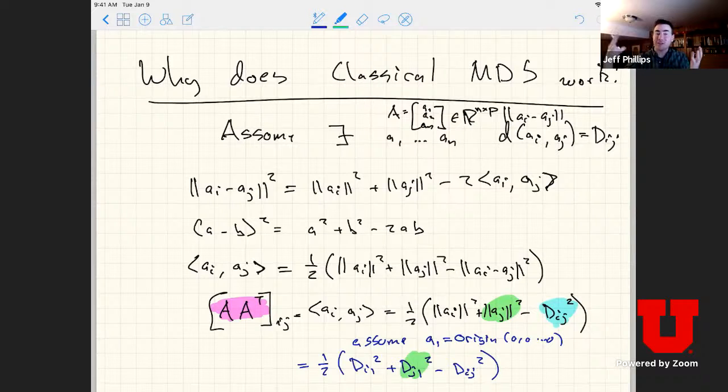So I have the squared distance of the first data point. I can assume that it's the origin,